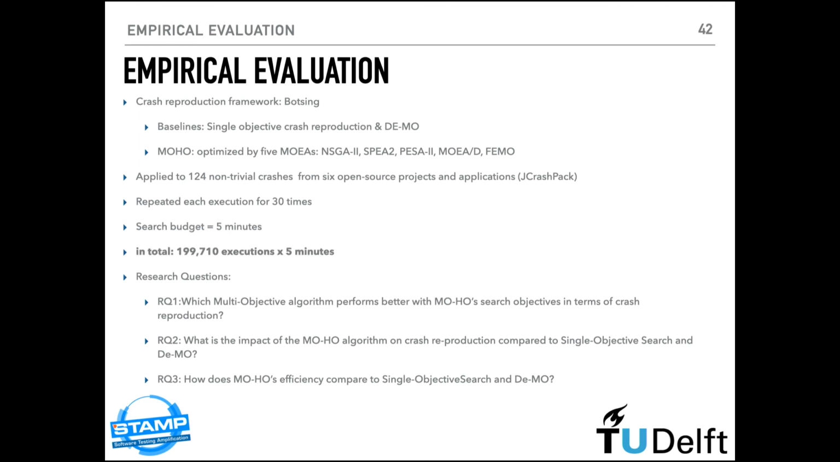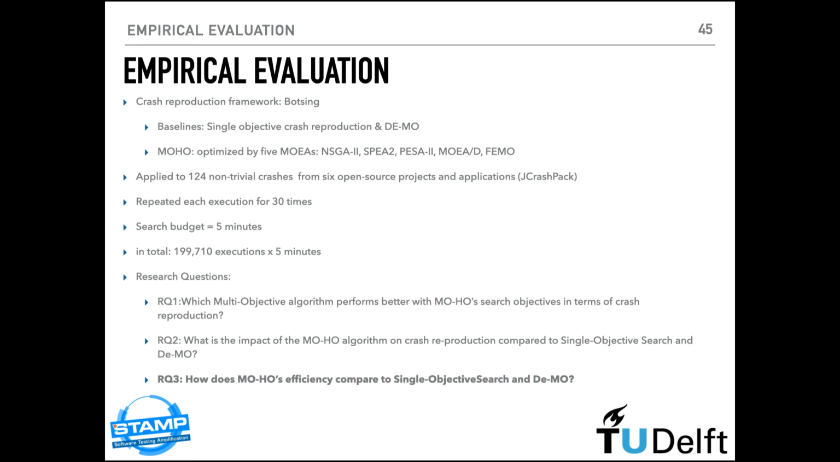So in total, our evaluation contains about 200,000 executions, each of which takes 5 minutes to execute. In this study, we tried to answer 3 research questions. The first question is about finding the best multi-objective algorithm for optimizing MOHO objectives. The second one evaluates the impact of MOHO on crash reproduction ratio compared to single objective search and DeMo. And the last research question analyzes the impact of MOHO on the efficiency of the crash reproduction search process compared